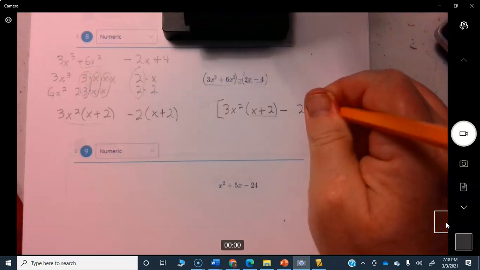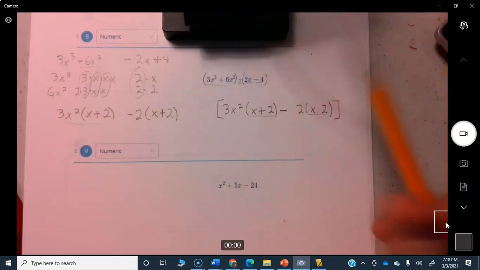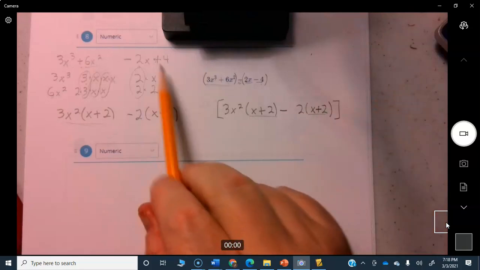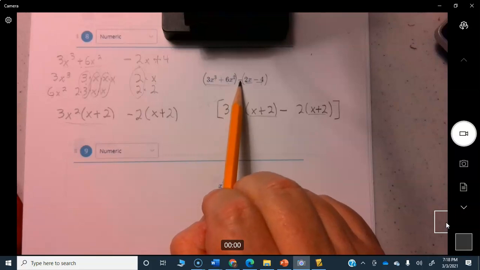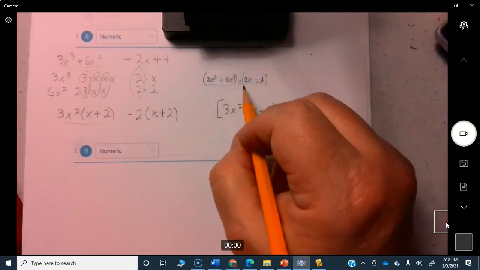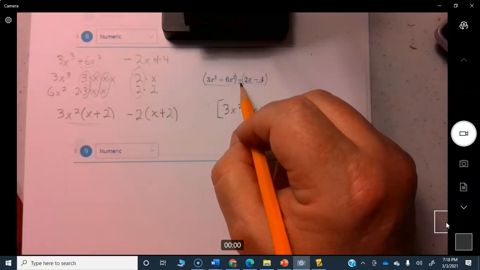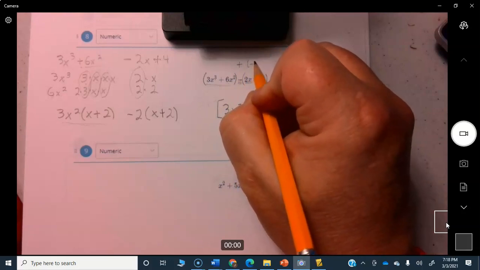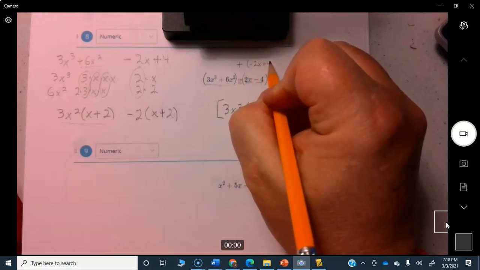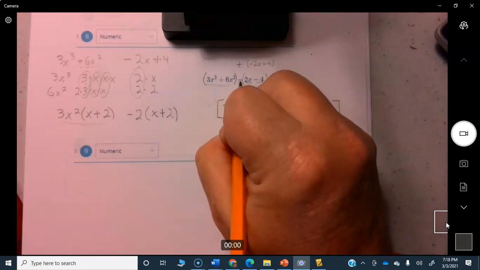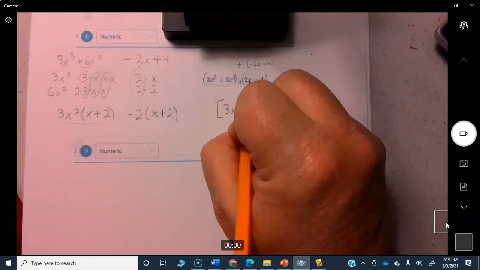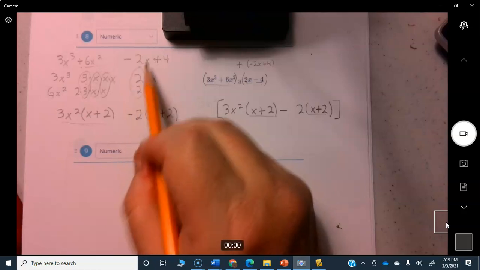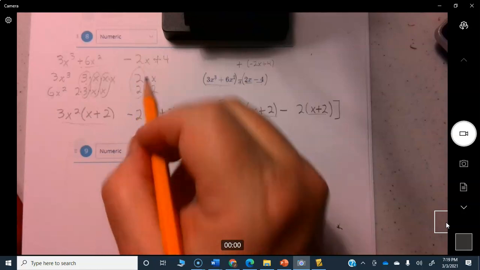Okay, so this becomes a plus 2. Let me say that again. If before I had come over here, I had distributed this through, what I could have done is what we did in some of the earlier problems. I could have turned this into a plus sign times negative 2x plus 4. That's what I could have done here. Change this to a plus sign and then multiply this negative through to make this negative 2x and positive 4. So now I bring the negative 2x over here,